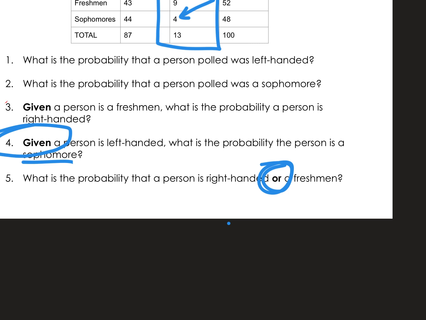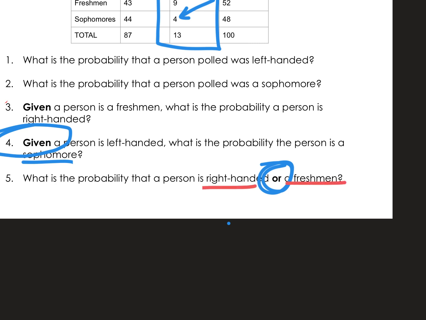Raise your hand again if you had a cat, and keep your hand up. Now if I change the question to raise your hand if you have a cat or a dog. See how it got way bigger? The probability just went way up. Okay. And if I go, the probability you have a cat or a dog, or you drove in a car today, or you drove in a vehicle that had 4 wheels, or you have hair. Pretty soon I've got everybody. So if you add "or," it gets bigger and bigger and bigger. So when you're answering these questions, don't think of this as getting smaller. It gets bigger every time you do another "or."